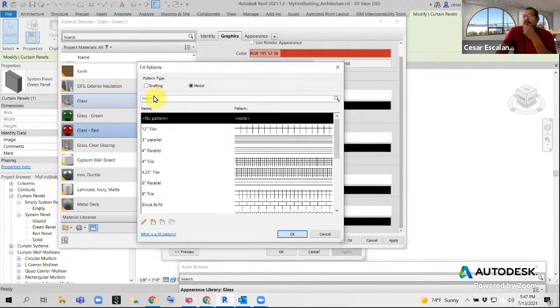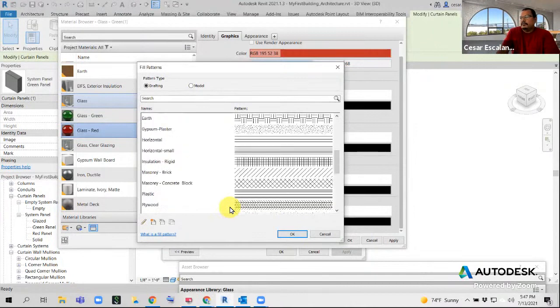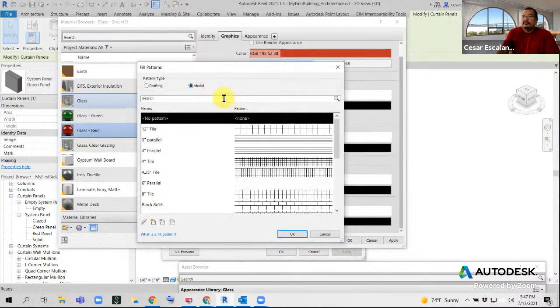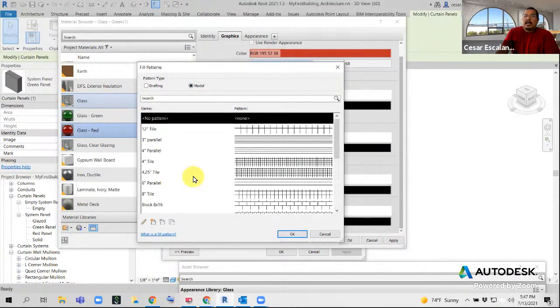And so what I did not show is how you create patterns from scratch. And let's do an example. So let's say I want to create a specific, let's say a tile that is 24 by 24 inches. And notice that in the available hatches, I don't have a 24-inch tile. So what I do is very easy. You create a new fill pattern in the icon that has this little